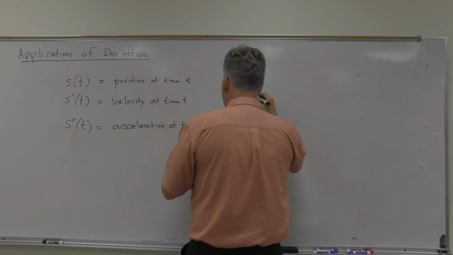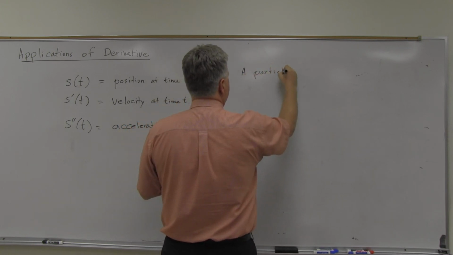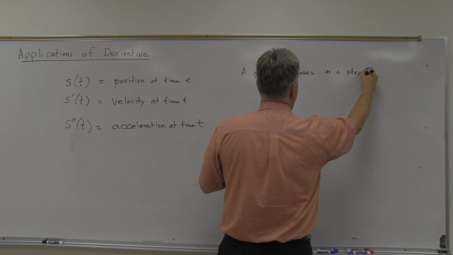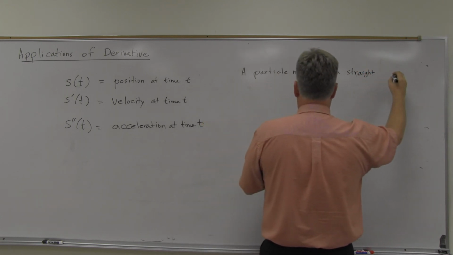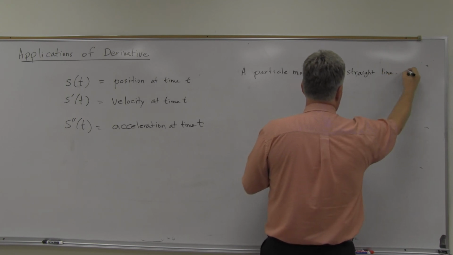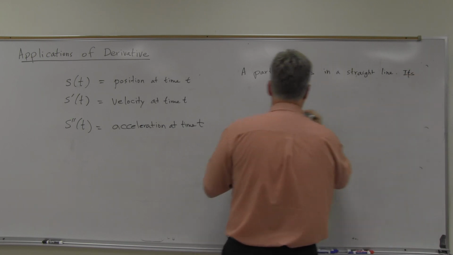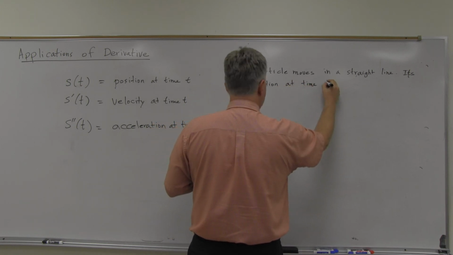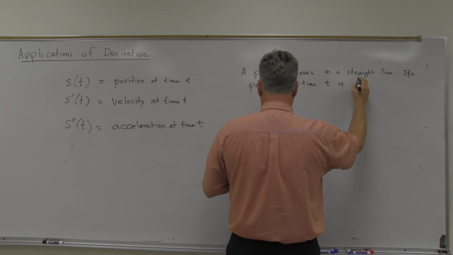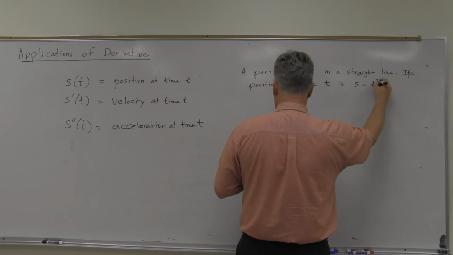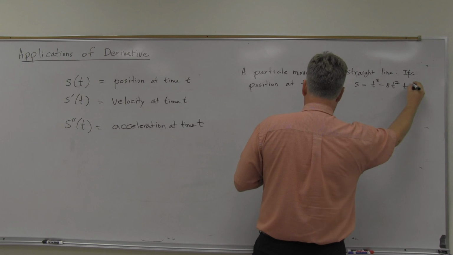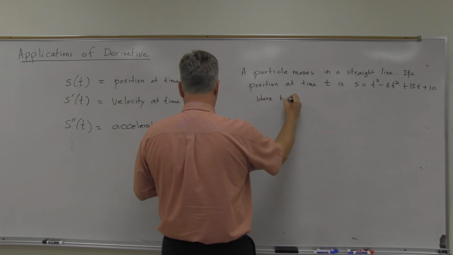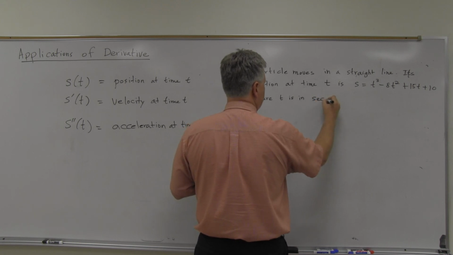Okay, so let's say a particle moves in a straight line, its position at time t is s equals t cubed minus 8t squared plus 15t plus 10, where t is in seconds and s is